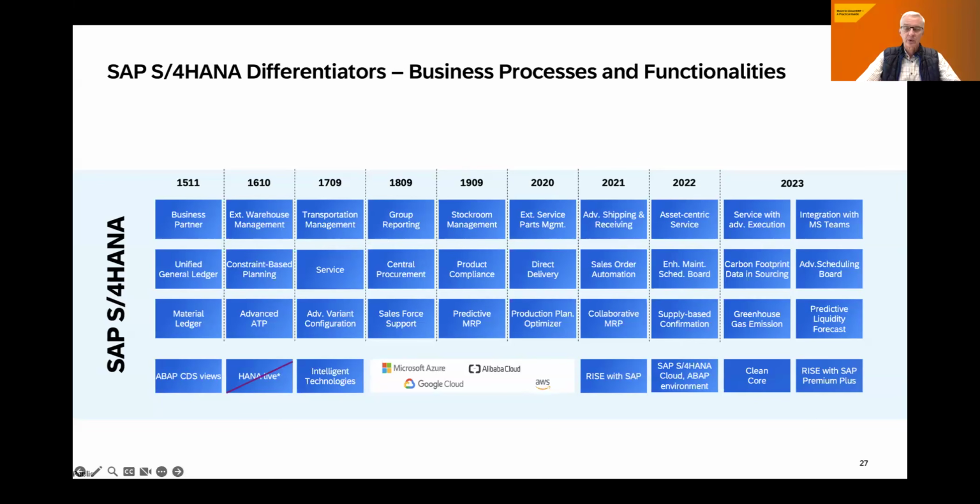And a couple of these things are really completely brand new and built from scratch. Think of, at the very beginning, the unified general ledger and a couple of other innovations in finance. Think of advanced ATP, the available to promise extension that allows you to implement the logic that enables your system to allocate your material in scarcity situations to those customers where you want it to be allocated according to certain criteria. Completely redeveloped, making full use of the HANA platform.